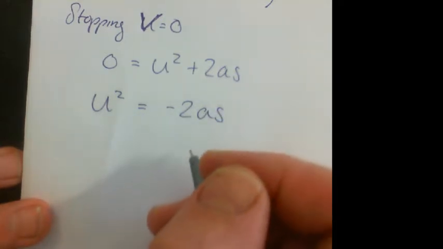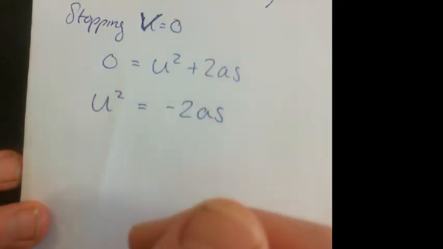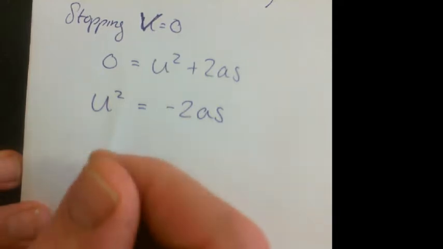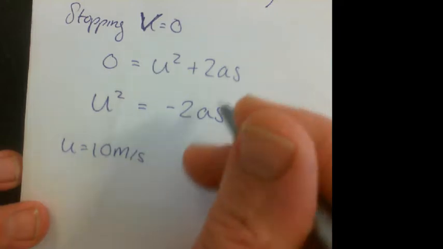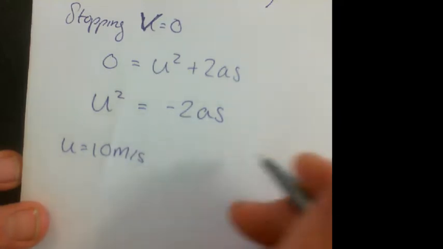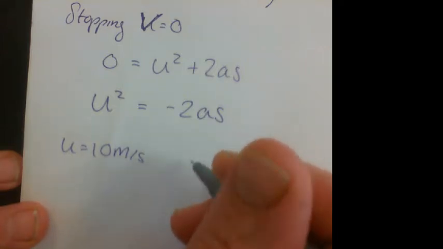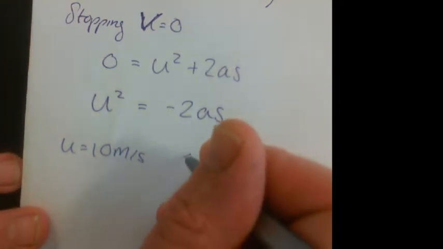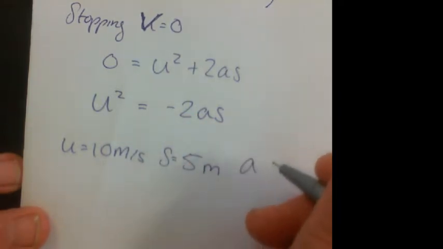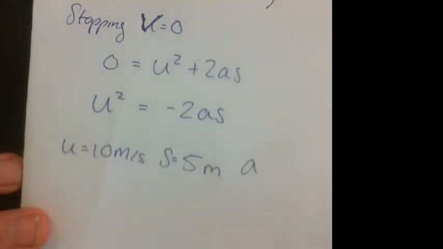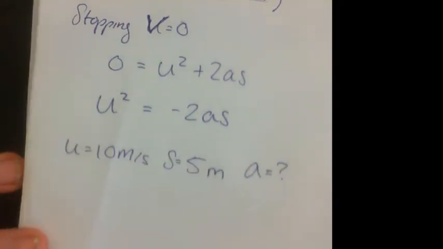And all I did there was take that to the other side by minusing 2as from both sides. And then let's say we know that we're travelling at 10 meters per second. So if we said that u equals 10 meters per second, and we want to try and stop in 10 meters, let's not go for 10 meters again, let's go for 5 meters this time. We want to stop in 5 meters, so s equals 5. What kind of acceleration will we need in order to get that stopping distance? So we write a question mark, and then we say